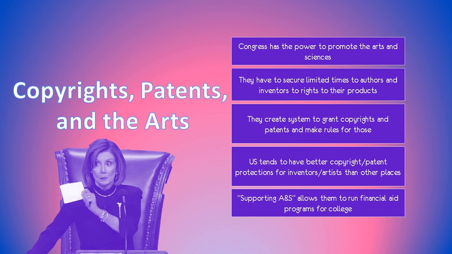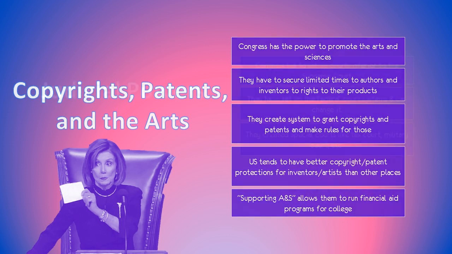But Congress also deals with copyrights and patents. They have to make sure that there's limited times for authors and inventors to have exclusive rights to their products. So a copyright is for intellectual property, like you write a book, write a song, a piece of artwork, something like that. A patent is for a tangible invention, something that you hold in your hand and all that. But Congress makes the laws that ensure that those people who create those things are the ones who can profit off of that. Congress also has some powers over the courts here.